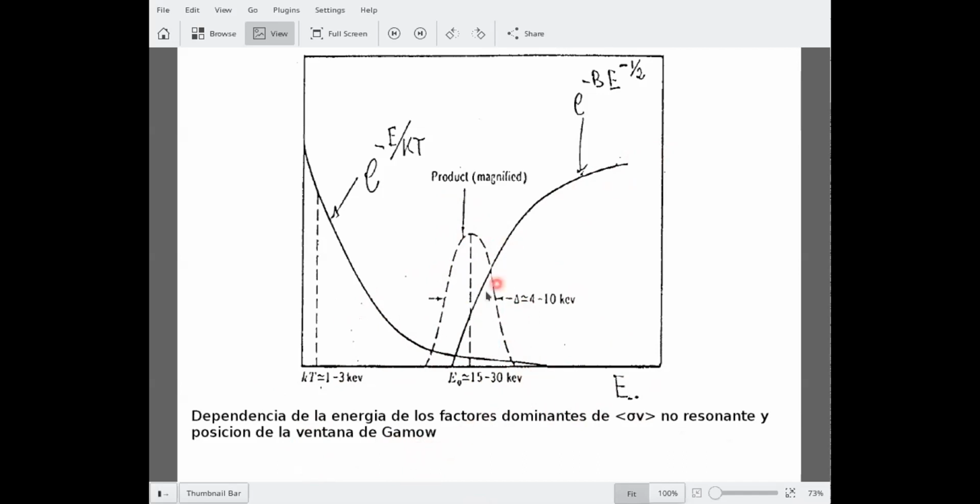Gamow was the one that discovered the tunnel effect. It permitted us to show that yes, stars can use fusion, and you have this, luckily, small size. You can see that the size is just a few kiloelectron volt, not so much, and in a region also with not so many particles actually. But as we saw later,